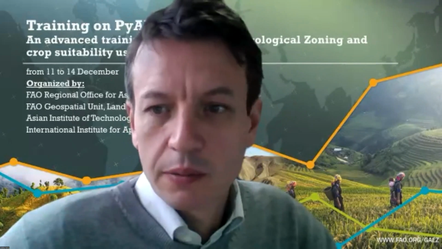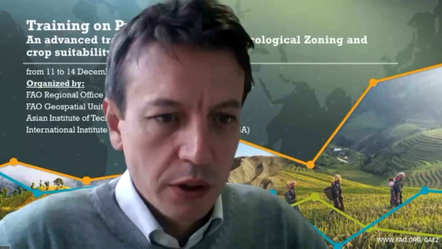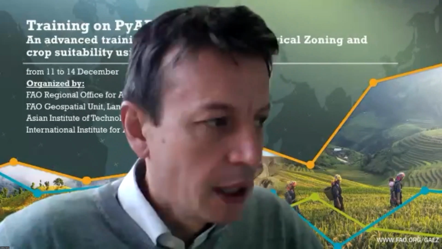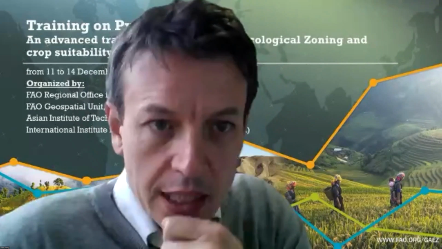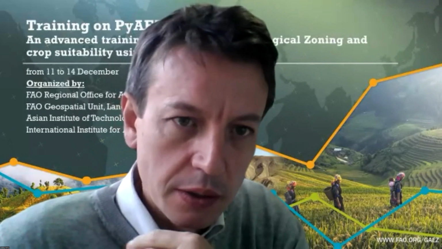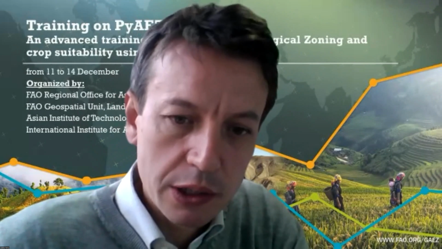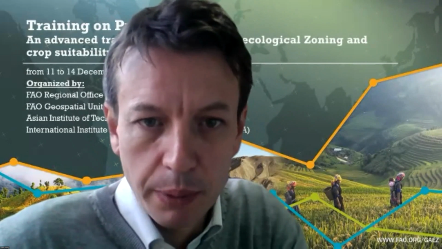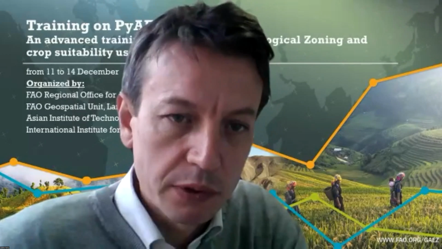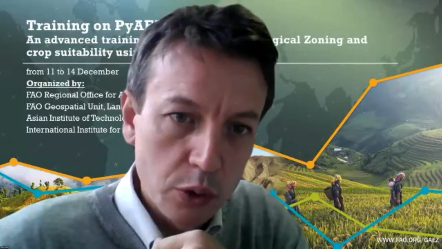Okay, perfect. So good morning, good afternoon, good evening. My name is Mathieu Henry. I'm the acting head of the Geospatial unit at the Land and Water Division in FAO in Rome. And as Professor Rajendra mentioned, I think the first lesson that we learn from this training is about partnership and collaboration. Also because the agro-ecological zoning, or the Python agro-ecological zoning, is based on a multitude of data and information that comes from different partners and organizations. And if we want to have good results, we need to have good data.